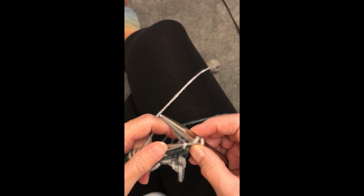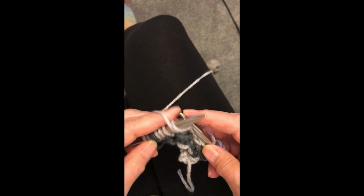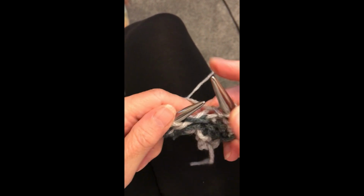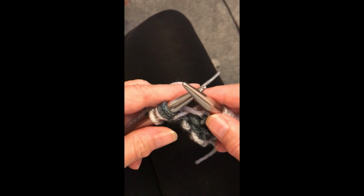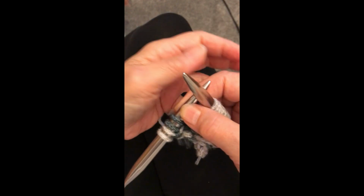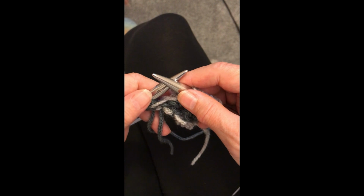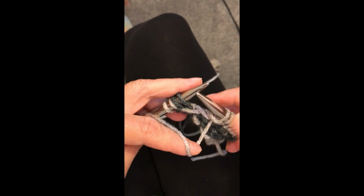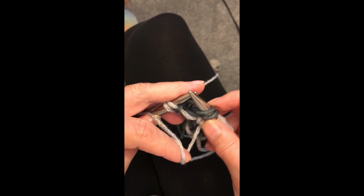1, 6. And we get to practice the purl front and back again. But not yet. First we need to slip two with the yarn in front. So my yarn is in front, and I slip, and I slip, and now